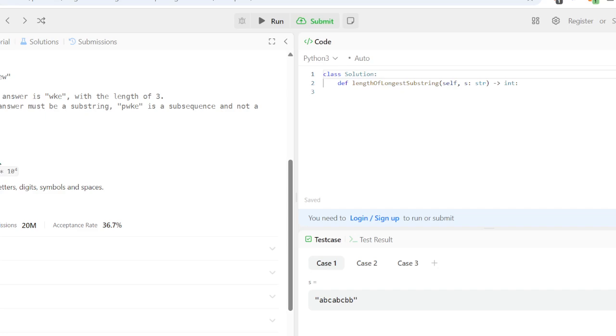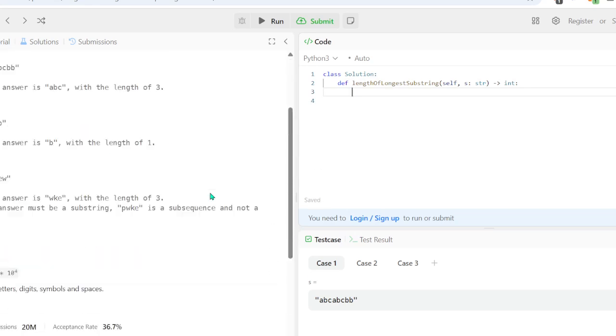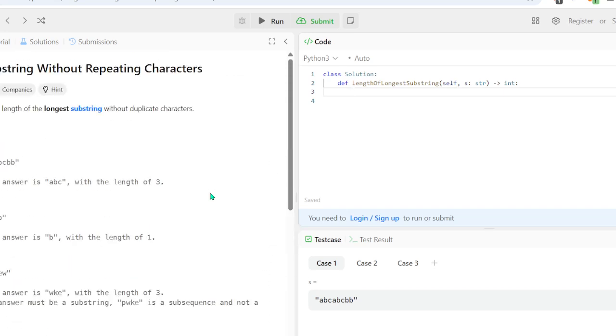I have a sketchbook here. I think I'll draw out my solution on this sketchbook because I sort of have an idea. We have to use a sliding window, so we know that we are going to have 2 pointers. So I think what we need to do first is, if the string length is 0, we just return 0.